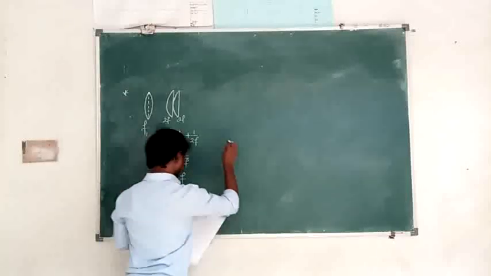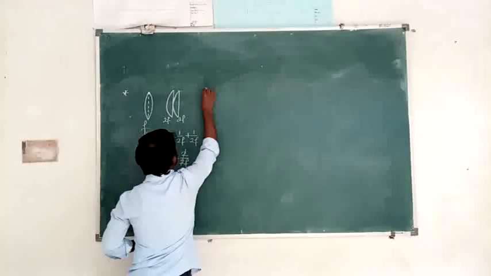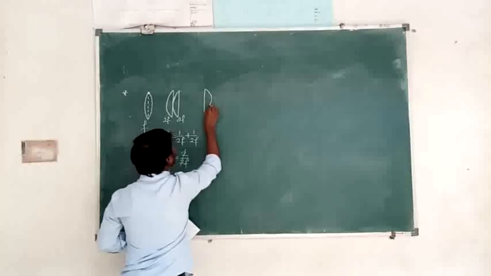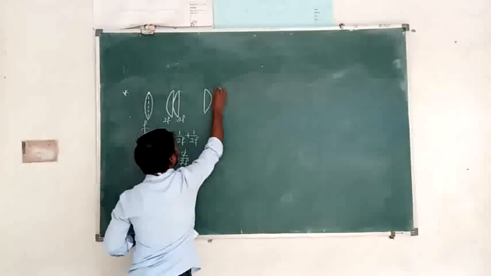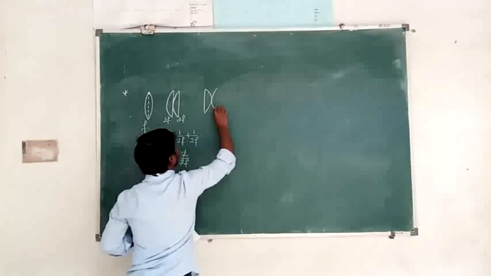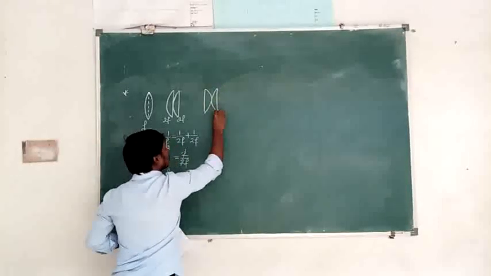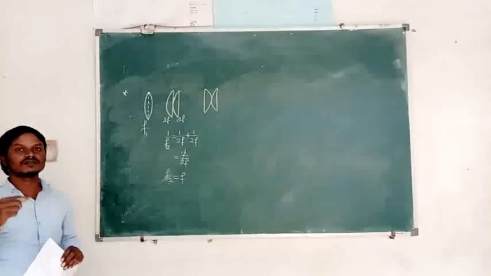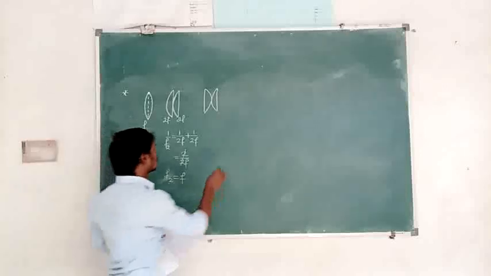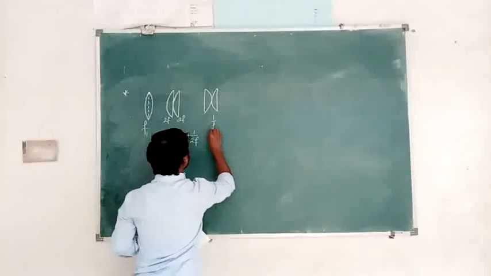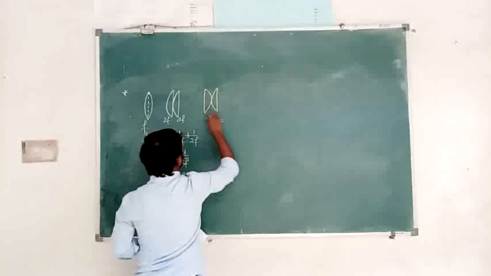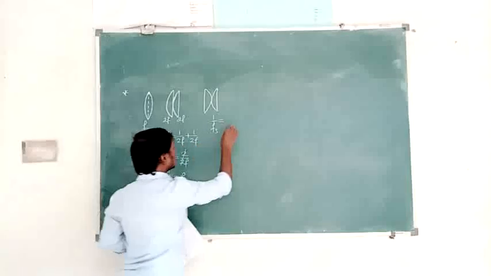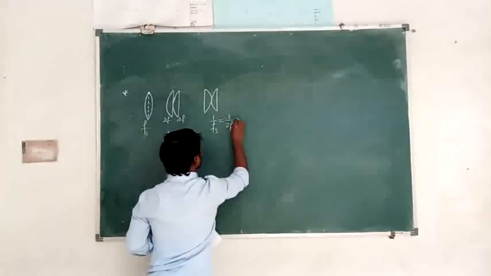Next, again two plano convex lenses combined like this, and each plano convex lens has a focal length of 2f. Listen here, the focal length of a biconvex lens is f, but the focal length of a plano convex lens is 2f. So again here, 1 by f3 is equal to, for this combination of two plano convex lenses, 1 by 2f plus 1 by 2f.